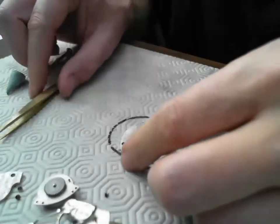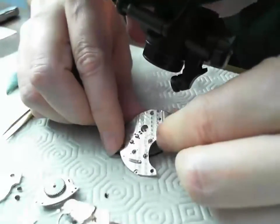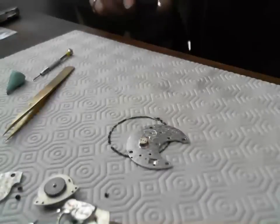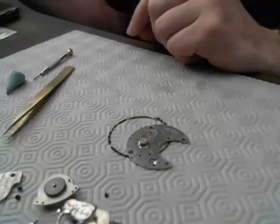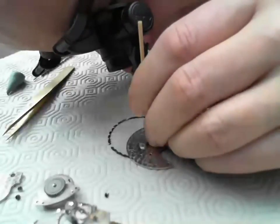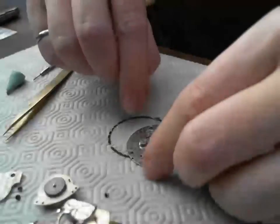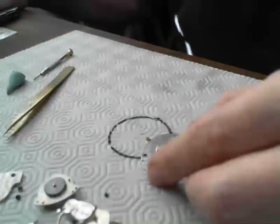So there, I've got these out now, and now I have to remove this movement here. What you typically do is press it out. I should be able to press it out with the back end of a piece of pegwood, which is the proper way of doing it. So I got to make sure I have the back end of a piece of pegwood, and I have to make sure it fits over the jewel hole. There we go. I just pushed that out with this little piece of wood, and let me just take that over the side. And I'm going to start the film again. I'm going to zoom in so you can see how small this